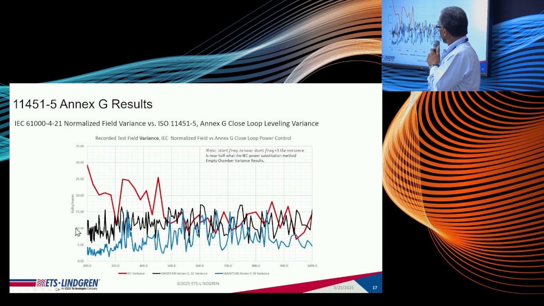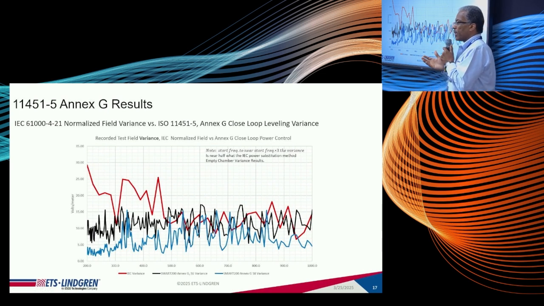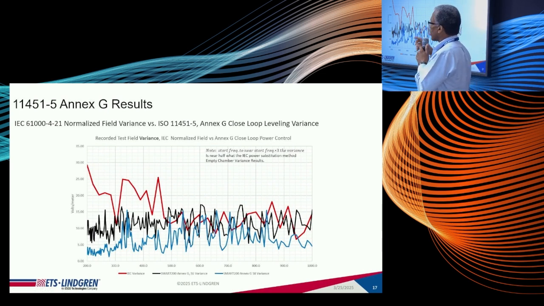And we see we have a fairly tight variation in max to min using the ISO method, compared to the IEC method at low frequencies. And obviously that spread is bigger at low frequencies because you have fewer modes, and it's much harder to stir those fewer modes at the low frequency than it is at high frequencies. So as you'd expect, we see these coming together as you go up in frequency, because stirring efficiency improves even using the IEC method.